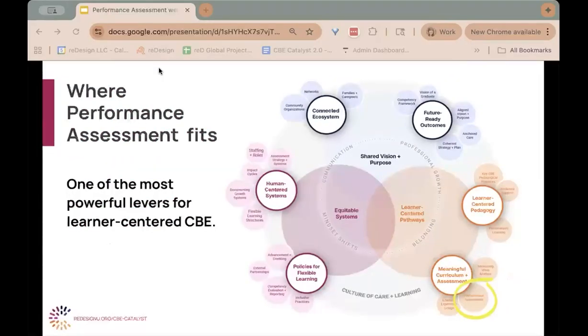Today is about performance assessment. You can see it's proximate to learning experience design. We see these as very, very adjacent and intertwined often. And so we're going to spend the rest of the hour really digging into that. And part of the reason why it's so exciting to reDesign is because in some ways it's the fulcrum that brings together curriculum and assessment. It is actually the place where they can overlap in powerful ways. And so we're going to explore that a bit today as part of our work.